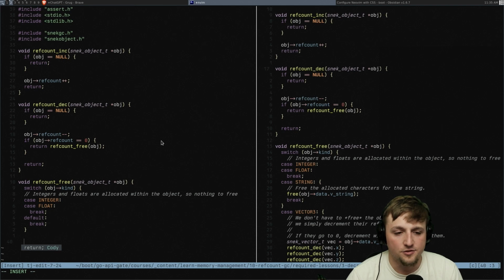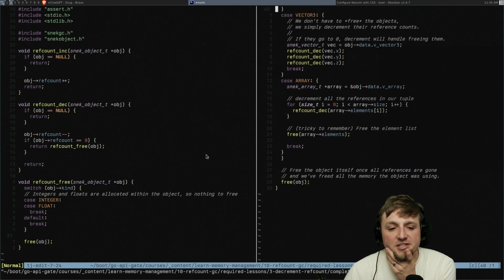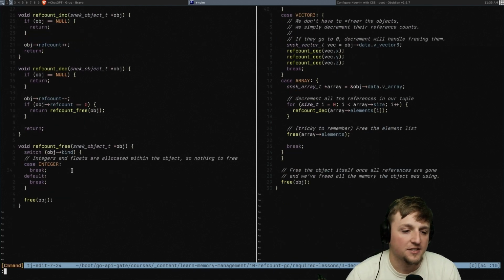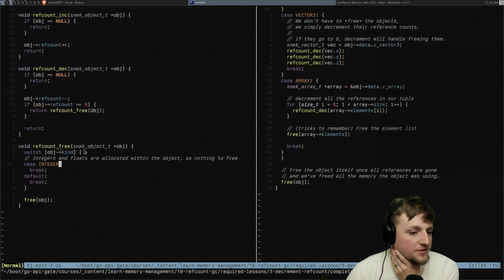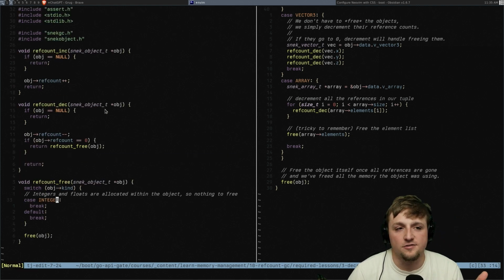And then we just want to do free obj here. Okay, so that's basically everything we need to do right now. This is the really simple case. And we don't want to have the integer one there yet because they don't know how to do that. I don't even know if I want to tell them. I mean, this is the really simple one, but